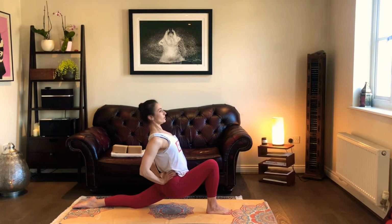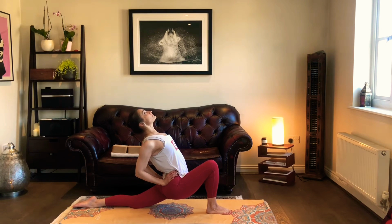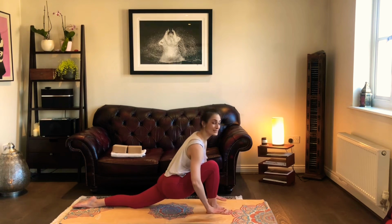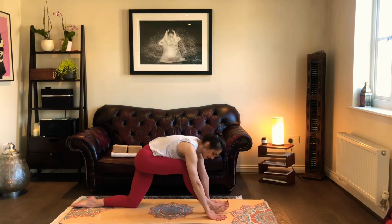Now again, this might be too much. You might also have lumbar spine issues. So just stay with what's comfortable for you. And take deep breaths wherever you are. Squeeze the shoulder blades here, elbows push towards each other. And we feel the stomach rise and fall. Very good. And from here, nice and slowly, hands come back to the front, push the hips up,